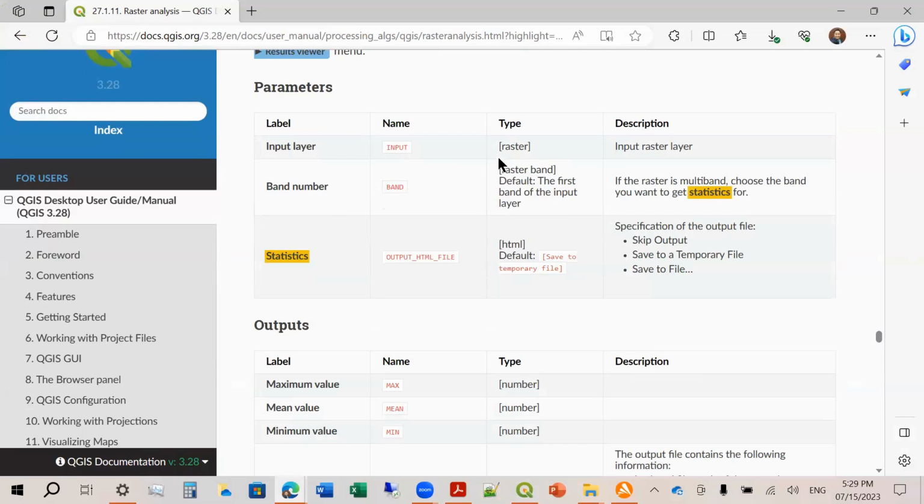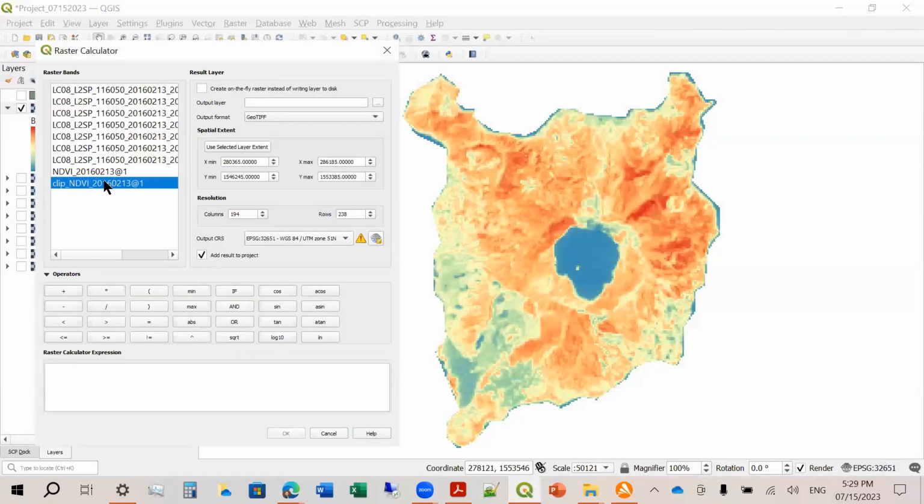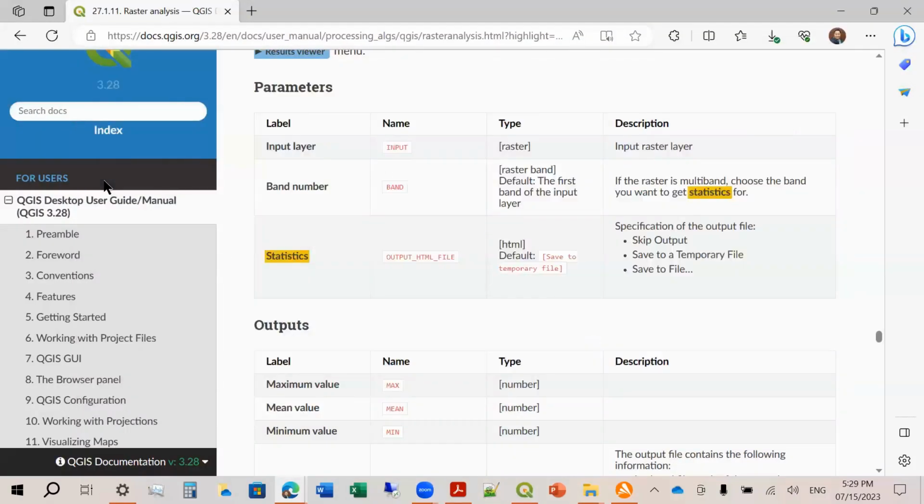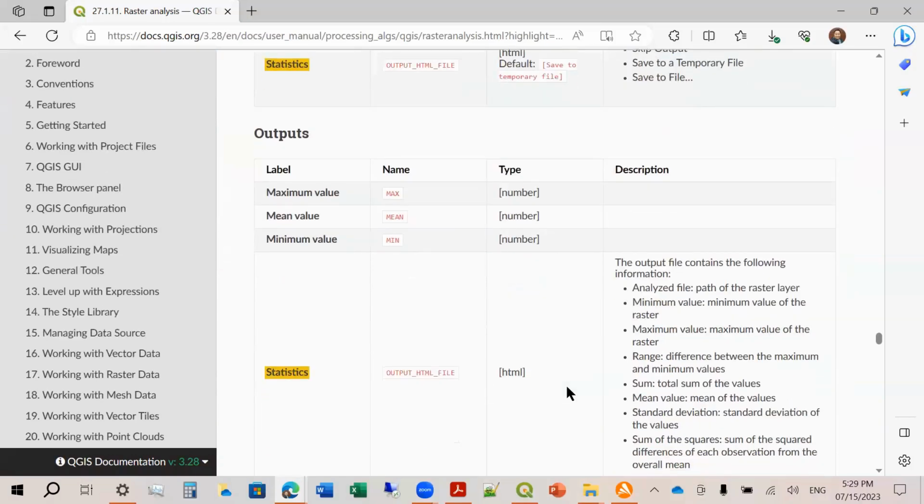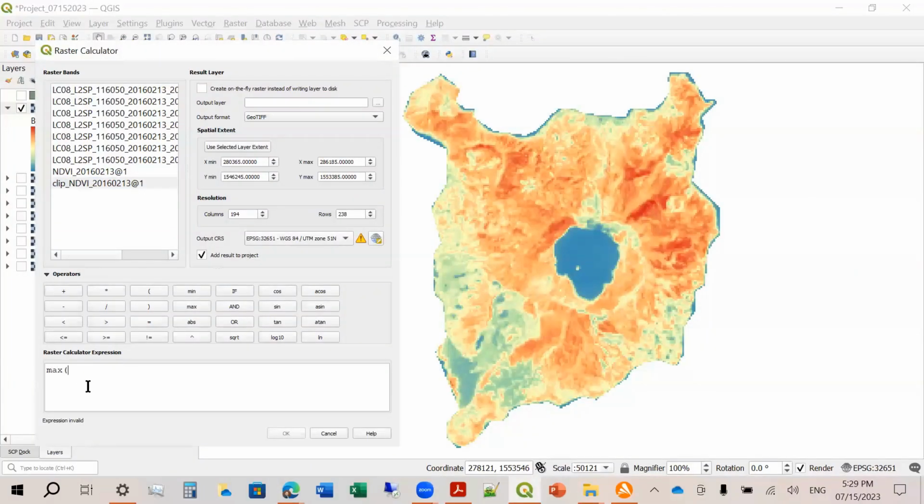Okay, so let me try that. And say max. And then invalid expression. Sorry about that. Max.